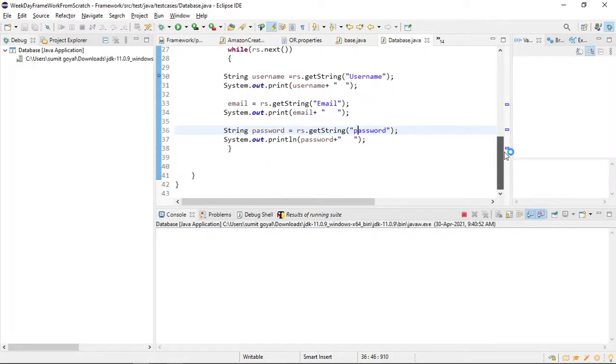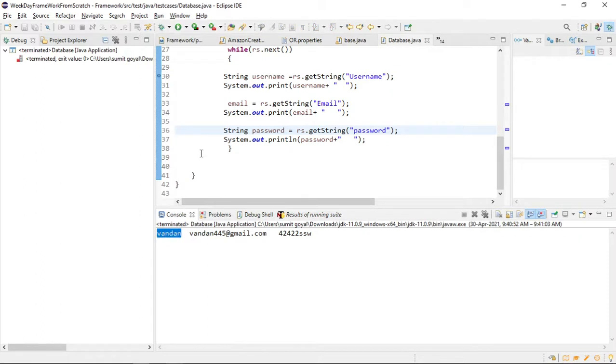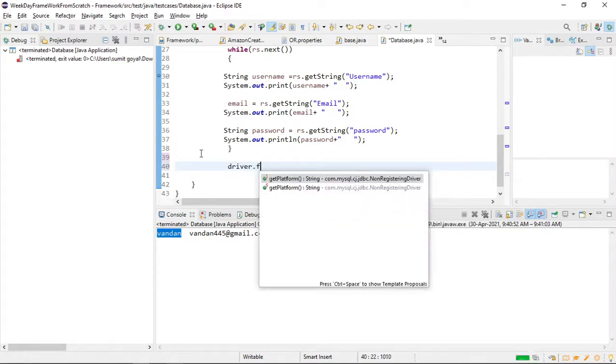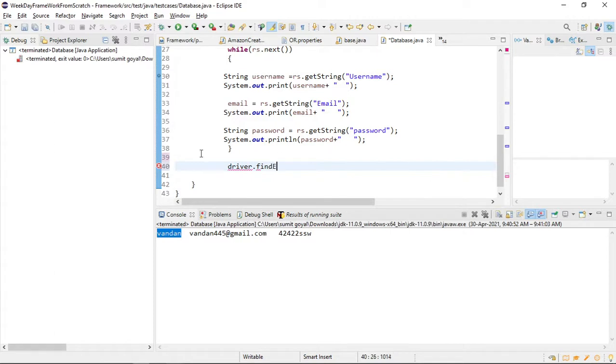So once you get the detail, username you got, email you got, password you got. So now I will leave it to you. You have to complete that task. So suppose Vandan name came. So how you need to run your test case? Suppose WebDriverManager.chromedriver.setup. WebDriver driver equals new ChromeDriver. Open some website like Amazon website, and you can say driver dot find element. So I'm just showing you how you have to do it by dot xpath or css, whatever you want to write. And after that, in the send keys,